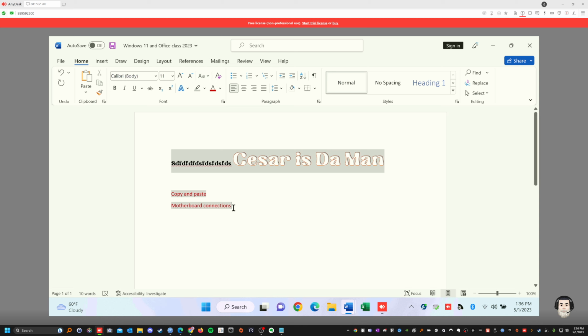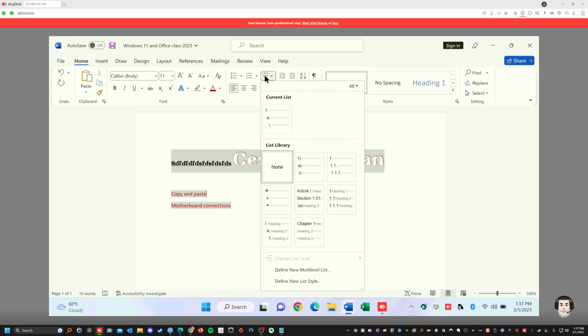That's if you want to put bullets. Like right here. Let me put the cursor over here. Okay? Put a bullet. You click on a bullet. See that? The bullet? Where it says copy and paste, I put a bullet. Just like I showed you before. And then if you want to put a number, you number 1, 2, 3, 4, 5, 6. Or if you want to do multi-level list, like this. See that? It's more like for writing articles and books and legalities and whatever. That's if you want to do something like that.